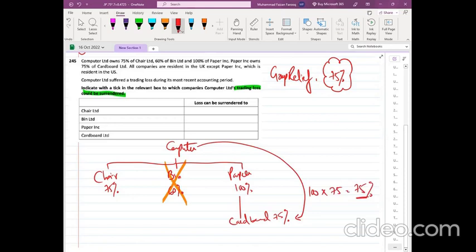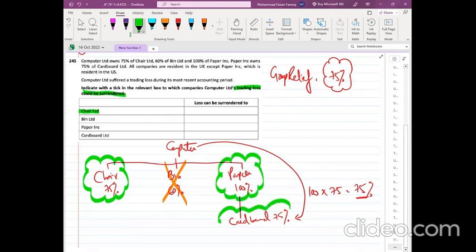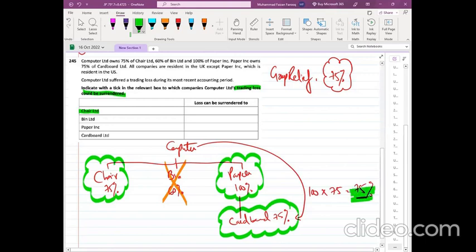तो चलो भाई, कार्डबोर्ड तो समझ आ रही है। सबसे पहले हम देखते हैं चेयर। चेयर बिल्कुल सही जवाब, 75% होल्डिंग है, और चेयर के बारे में कुछ बताया नहीं है कि ये यूके है कि नहीं है। पेपर लिमिटेड होल्डिंग के हिसाब से ओके है, कार्डबोर्ड इफेक्टिव होल्डिंग के हिसाब से ओके है। तो चलो यूके की ही होगी, बताया नहीं है ना। लेकिन जो पेपर है उसके बारे में लिखा है कि सारी कंपनी यूके की हैं सिवाय पेपर के।